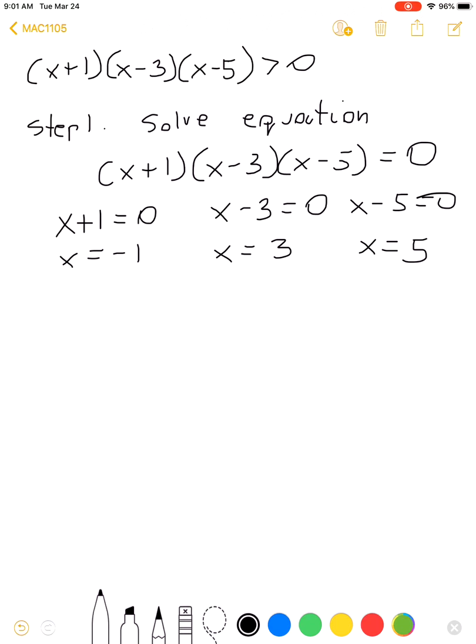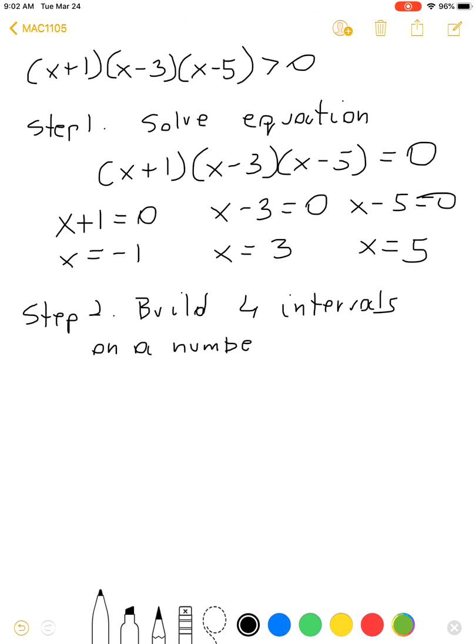Step 2. Build 4 intervals. Since you have 3 zeros, you have 4 intervals. Build 4 intervals on the number line. Okay, so I'm creating the number line. Again, we're solving a polynomial inequality in terms of x. So you have x equal negative 1 will be here, x equal 3,